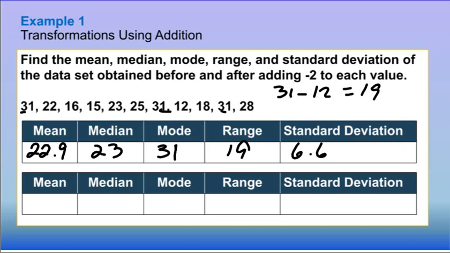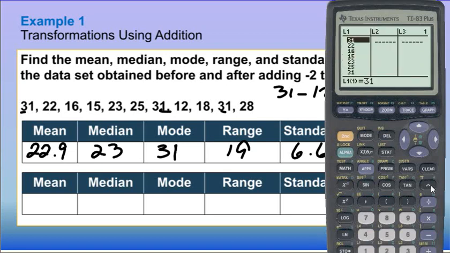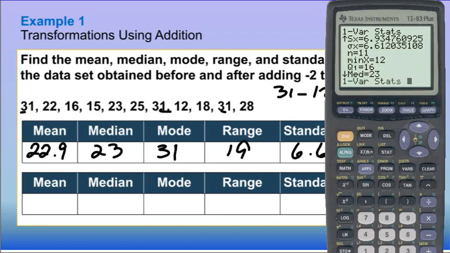Now if we go back to our calculator, go to stats, edit, we're now subtracting 2 from each value. So we did 31 minus 2, 22 minus 2, 16 minus 2, 15 minus 2, 23 minus 2, 25 minus 2, 31 minus 2, 12 minus 2, 18 minus 2, 31 minus 2, and 28 minus 2. Then hit stat, calculate number 1, enter,